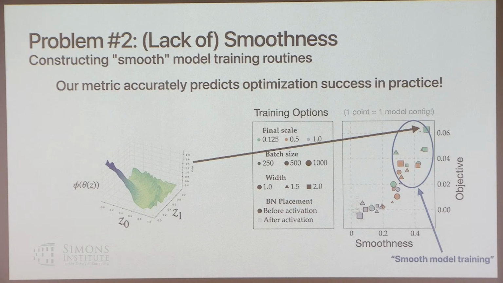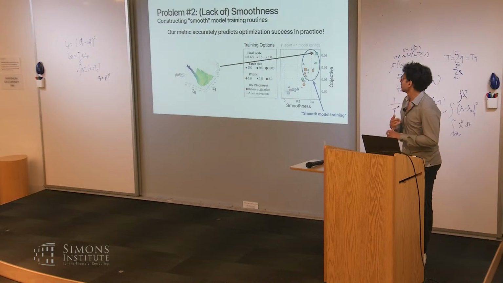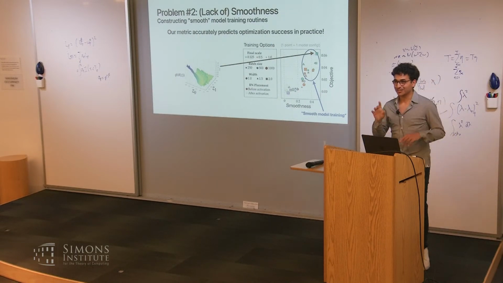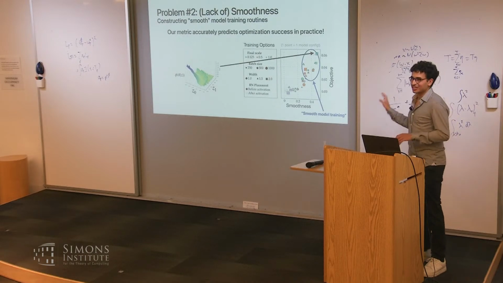Have you considered using regularization over Z, like usually L2 induces smoothness? Yeah, we have not. I can list a bunch of other things we have not considered at the end, but I think there's tons of stuff to do here.